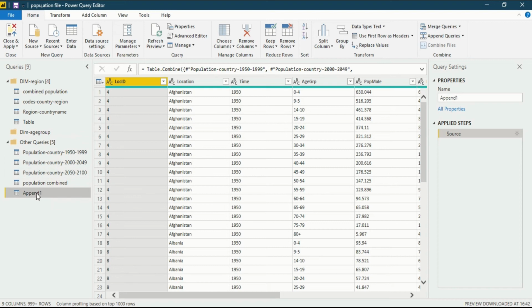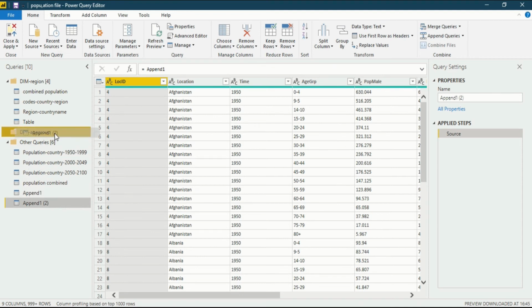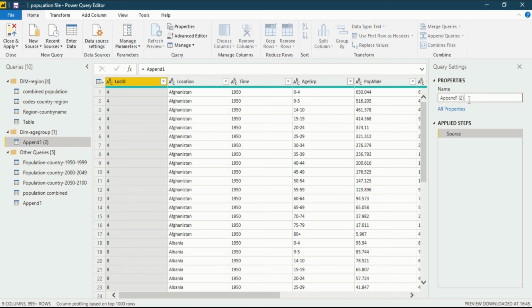After that I will make a reference of this query and copy this reference into the dim age group, and I will change the name of this query. Now it is an age group query. Always remember giving a name is very important so you would remember what the query is used for.